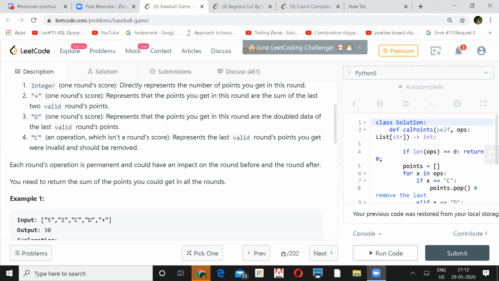And suppose the character is C, I just popped it and stored the value of the popped element and subtracted it from the sum, because it is invalid, right? And same for the other characters as well. So it was just a stack or a list, you can say. Mainly I used the list. So it took me order of n space complexity as well. I don't know if we can reduce it further or not.